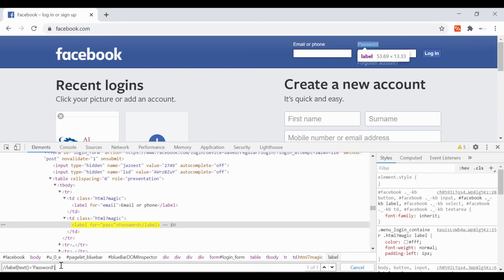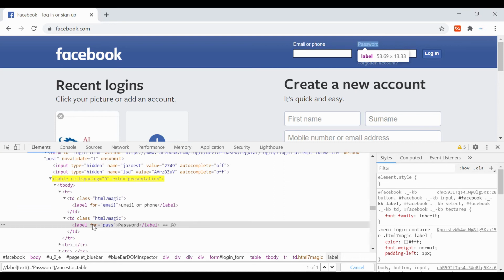So using ancestor, you want to go to the table. As you can see, we have traversed in reverse direction to the ancestor table of this label node.